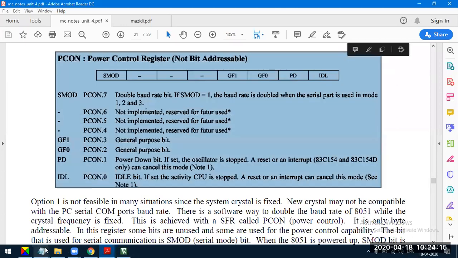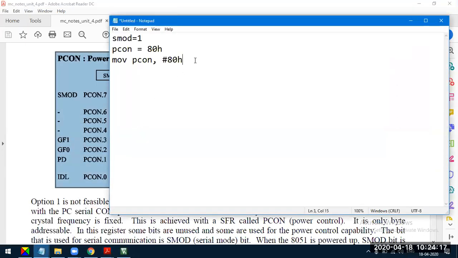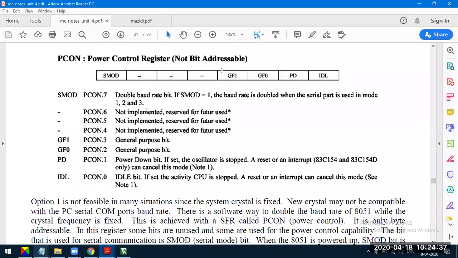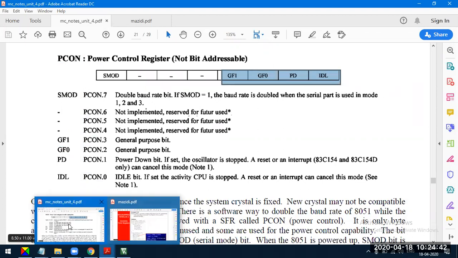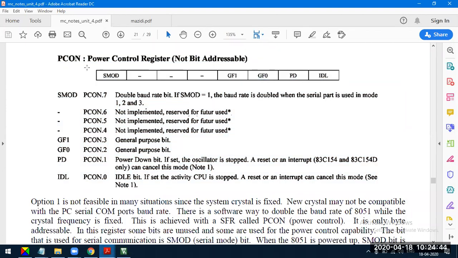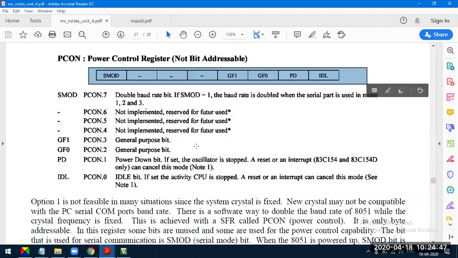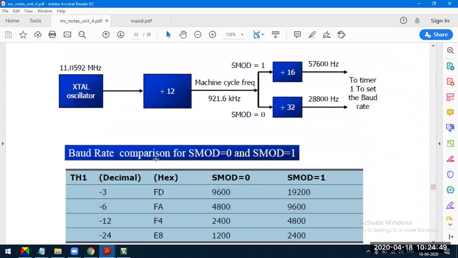So that's why first we copy the content of PCON to the accumulator, then modify the MSB of the accumulator, setting it to 1. Then copy the content of the accumulator to the PCON register, just to make sure that other bits of PCON are not affected. So all this we do because PCON is not a bit accessible register. Fine, this is about doubling the frequency.